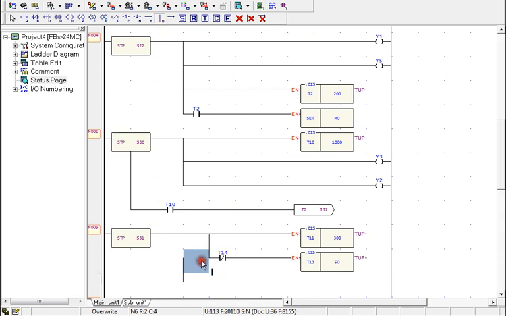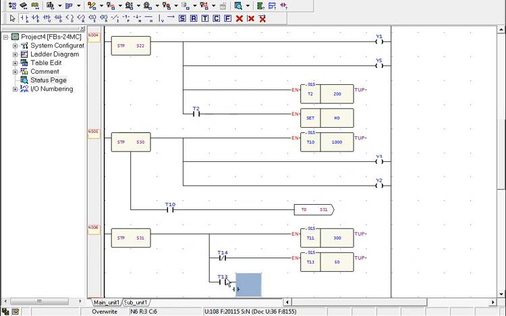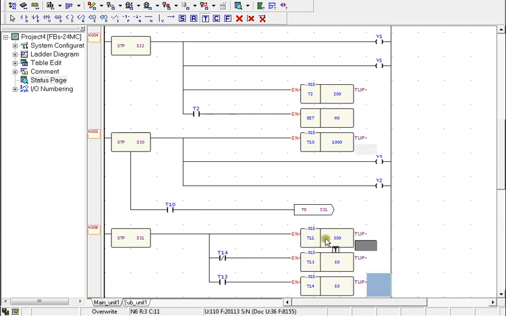And in parallel we use T13 to turn on T14. T14 is a 0.5-second timer. So in step 31 we use a delay of